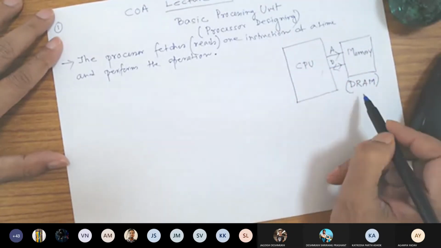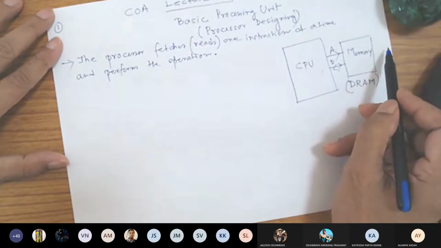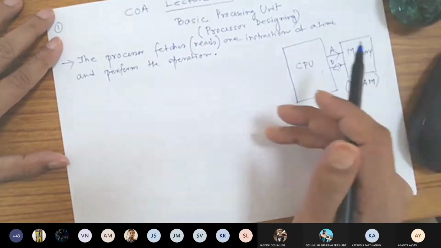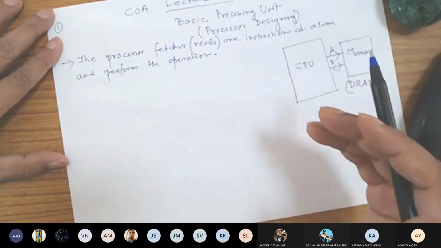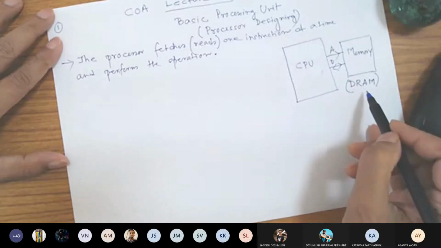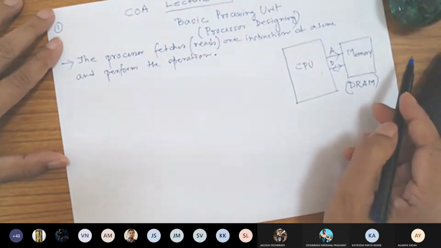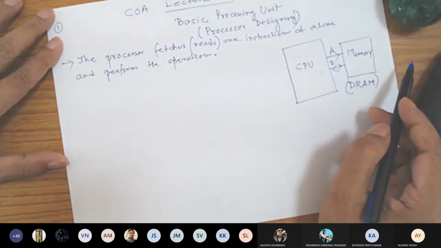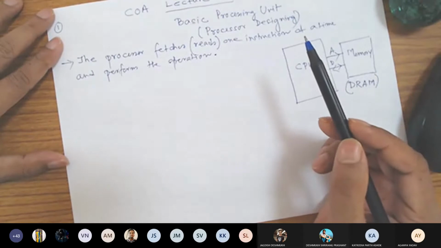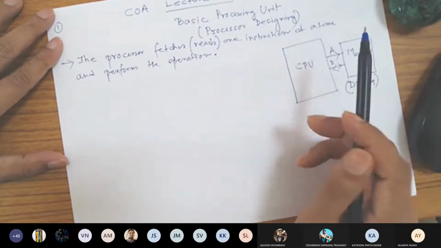Some memory is very slow. Even the next level, the secondary storage device, is 1,000 times slower than DRAM. So you don't expect your program to run from a secondary storage device. That will be too slow. That's why the hierarchy of the memory is very important.